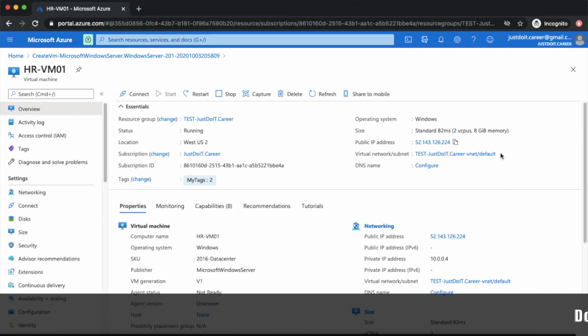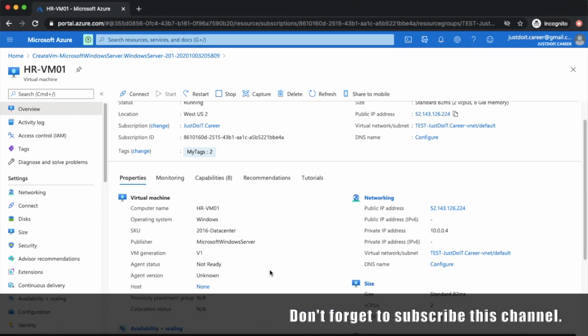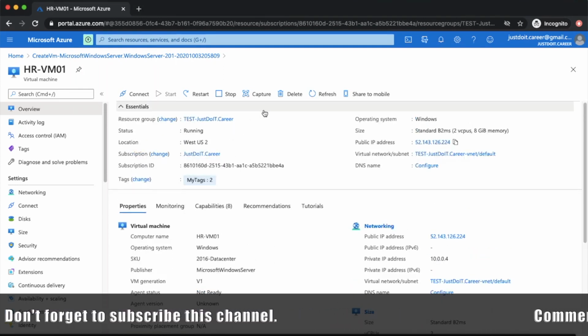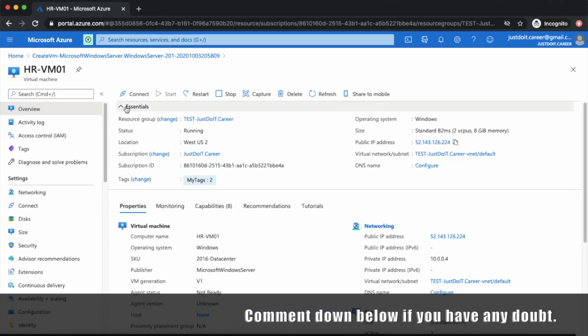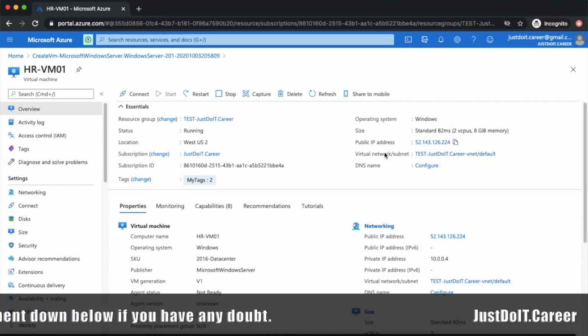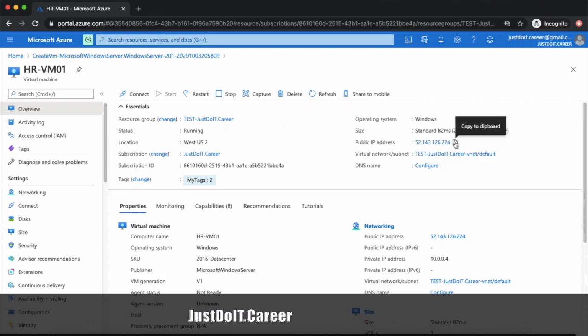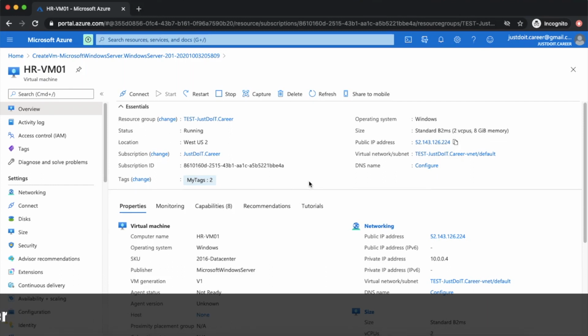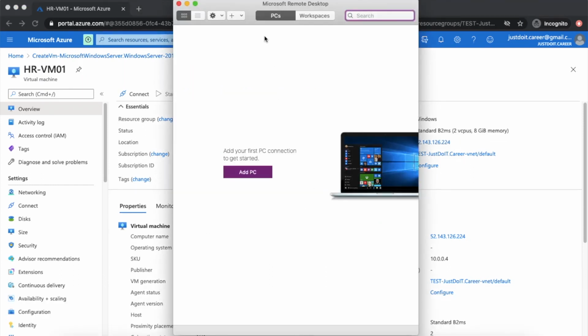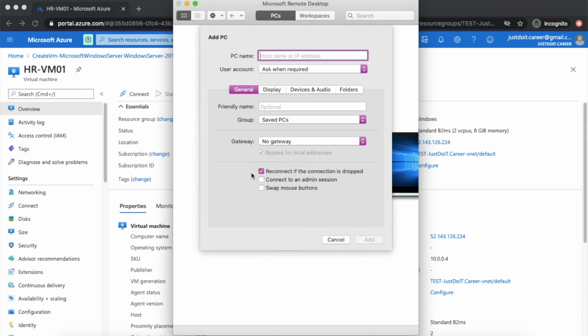Now as all the configurations have been done, let me go ahead and try to connect to this virtual machine. I will copy my public IP address and open an RDP, remote desktop connection, in your Windows machine. This is a separate tool which I have installed on my Mac machine. I will click on add.